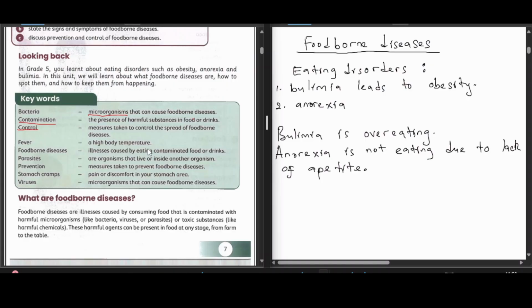So there is a spread of a disease. It's a foodborne disease because this disease is because of eating contaminated food. So what happened? The clinic came, the local clinic, and started to put in measures that control the spread of